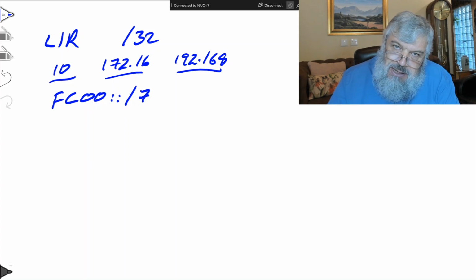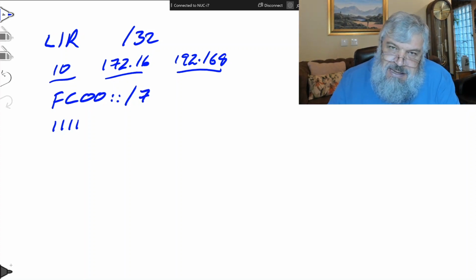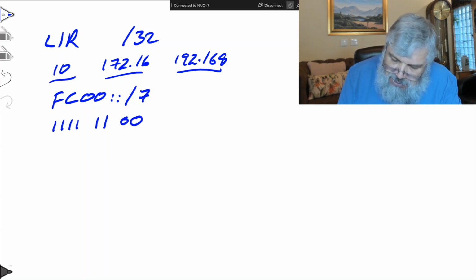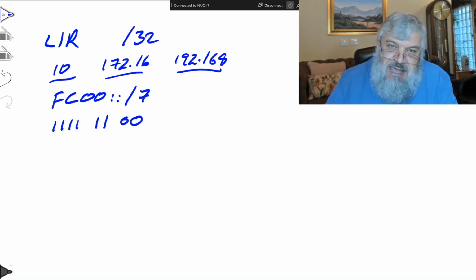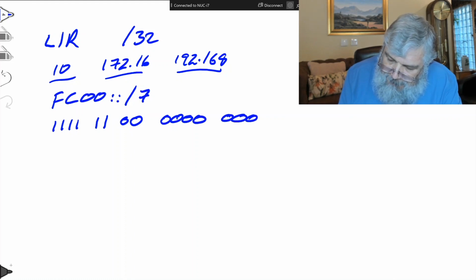In binary, this would mean translating the F, that's 1, 2, 3, 4. C, remember A is 10, B is 11, C is 12. So it is 8 plus 4, and then 0, 0. So that's simply the FC written in binary. If you want to write down the remainder of that field, you can do that.